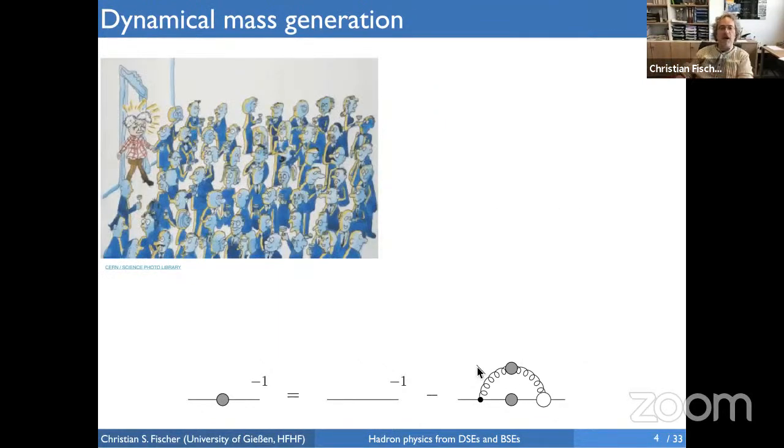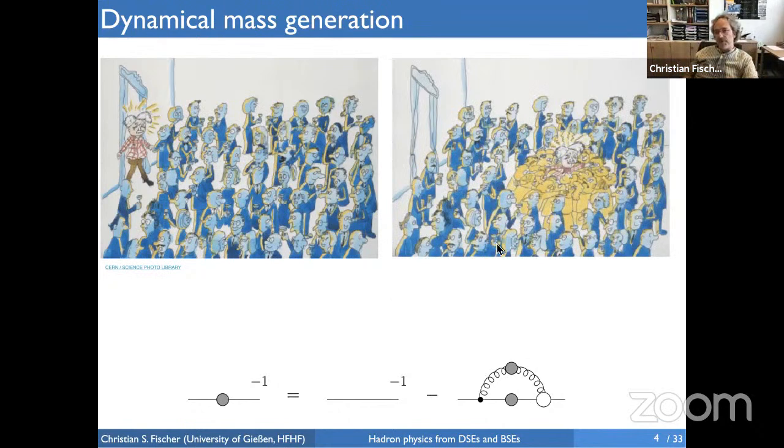But first, let's have a look at this mass generation business again. How can we explain physically what happens? Imagine you have a party, lots of people going around in a crowded room, and there's one very, very famous person entering this room. Now, with all these people in the room, this person could cross the room quite quickly, just propagate through the room without interacting with anything because there is nothing there. However, since this person is very famous and all the people would like to interact with him, shake his hand, raise glasses with him, he attracts a crowd of people around him.